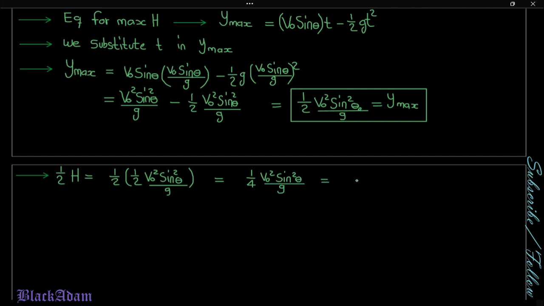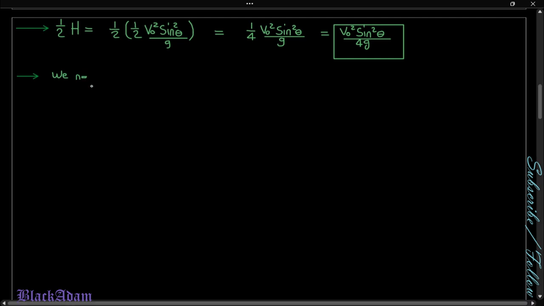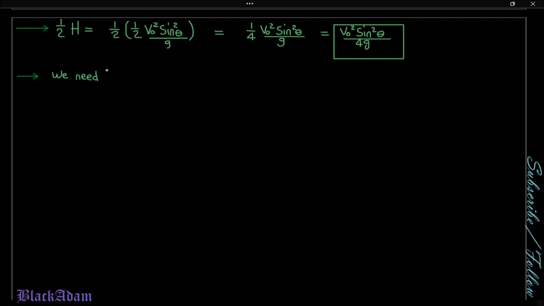So that simplifies to v initial squared sine squared theta over 4g. So that's the equation for half the distance coming down or up, it's the same thing. And then we need to find, remember the down and up will differ further as we calculate, so we need to find time at half